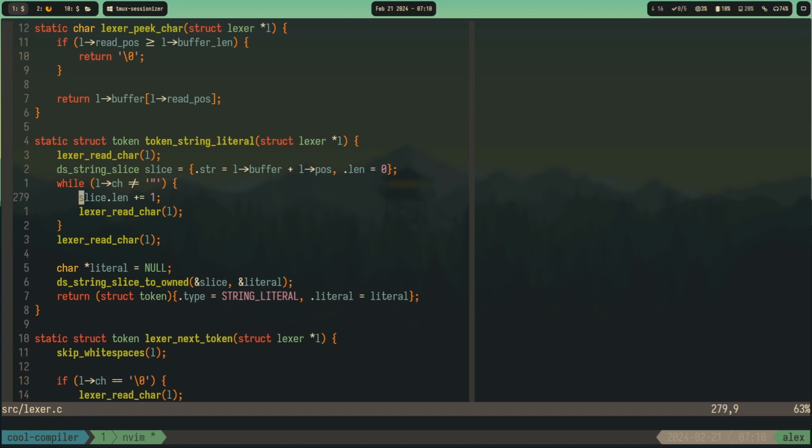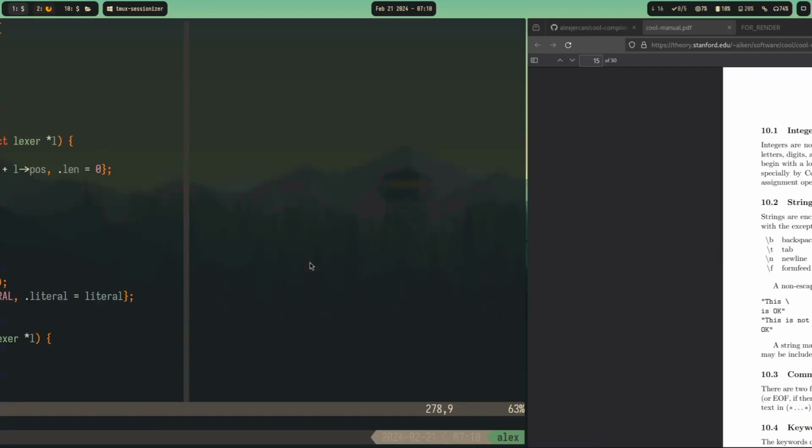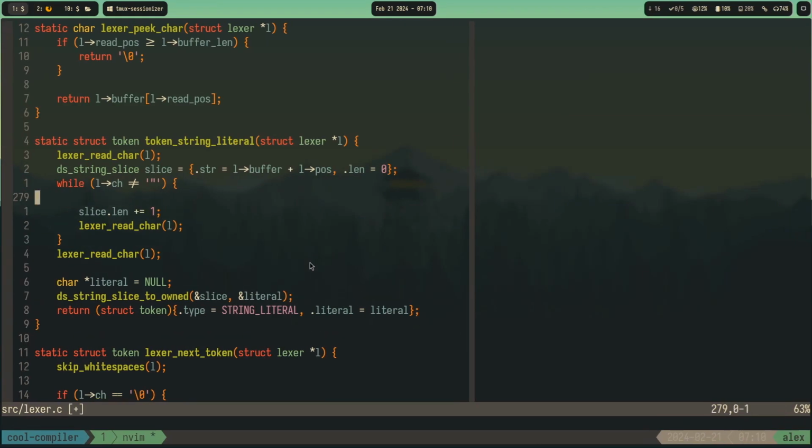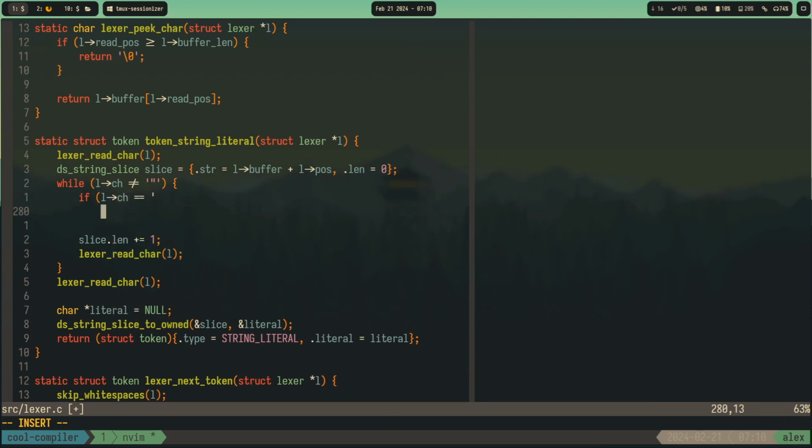So inside of the if statement we have to check for special cases for LCH. And as I said, some special cases are, first of all, these four. Actually, the special case is when we find the backslash. So if LCH is equal to backslash,